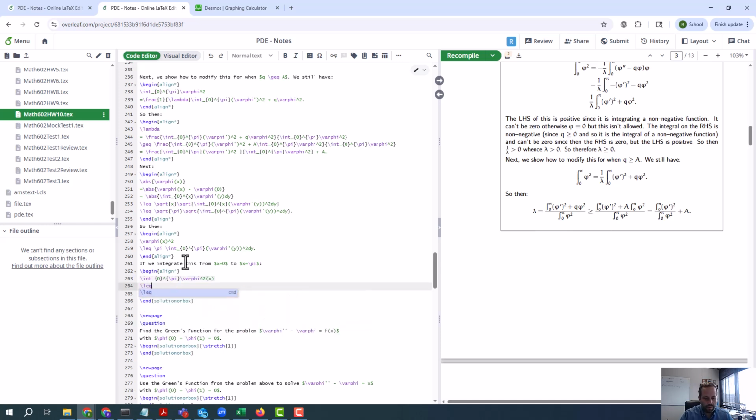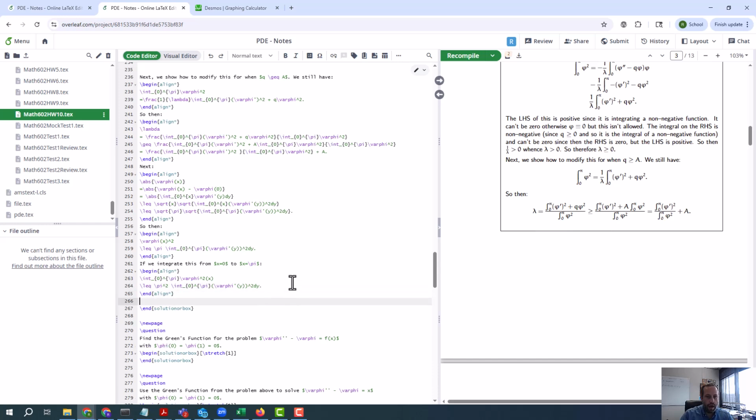This is going to be less than or equal to, okay, so now we're integrating this with respect to x from 0 to pi. Well, this is a constant as far as x is concerned, so we're just going to get pi squared times this. And now we can rearrange this, so if we divide both sides by the integral of phi squared and divide both sides by pi squared,